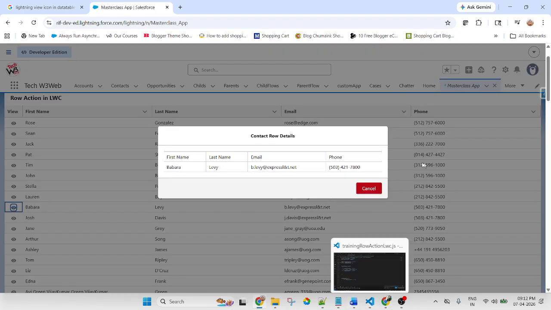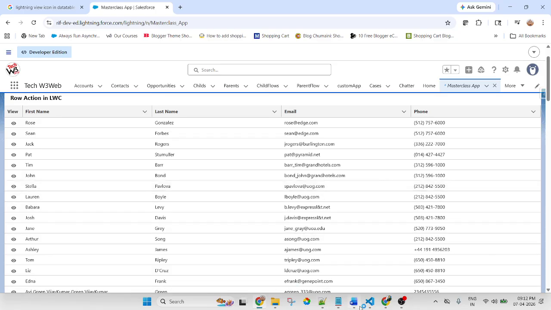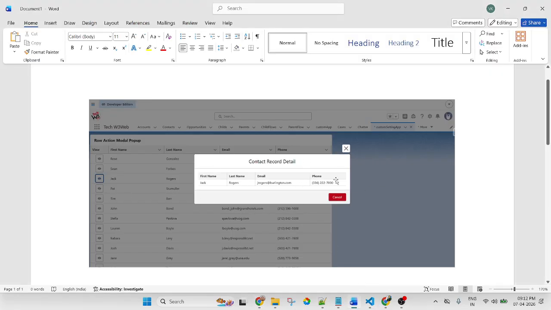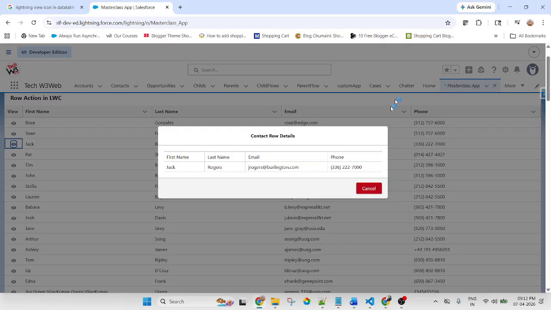Now another task: if you check the scenario, there is also an icon on the top right side of the modal pop-up. When you click on the icon button, the modal pop-up should hide, and if you click on the cancel button, it should also hide. In both conditions the modal pop-up should hide. In my design the icon button is missing, so now I will add it. We should also put bold so it displays well.